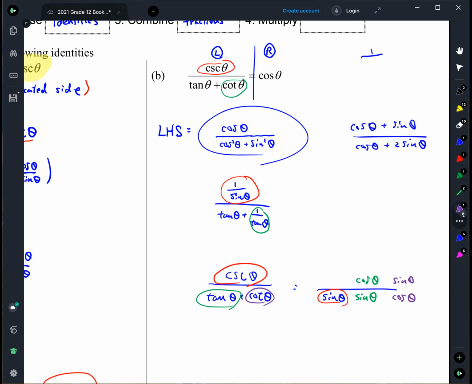Okay, then where's the 2 come from? Oh, wait a second. I thought that because cosecant is sine and there's another sine. I just made it 2 sine. Oh, so you add them up. Yeah, okay. So when you have something like this, what you can do is think about